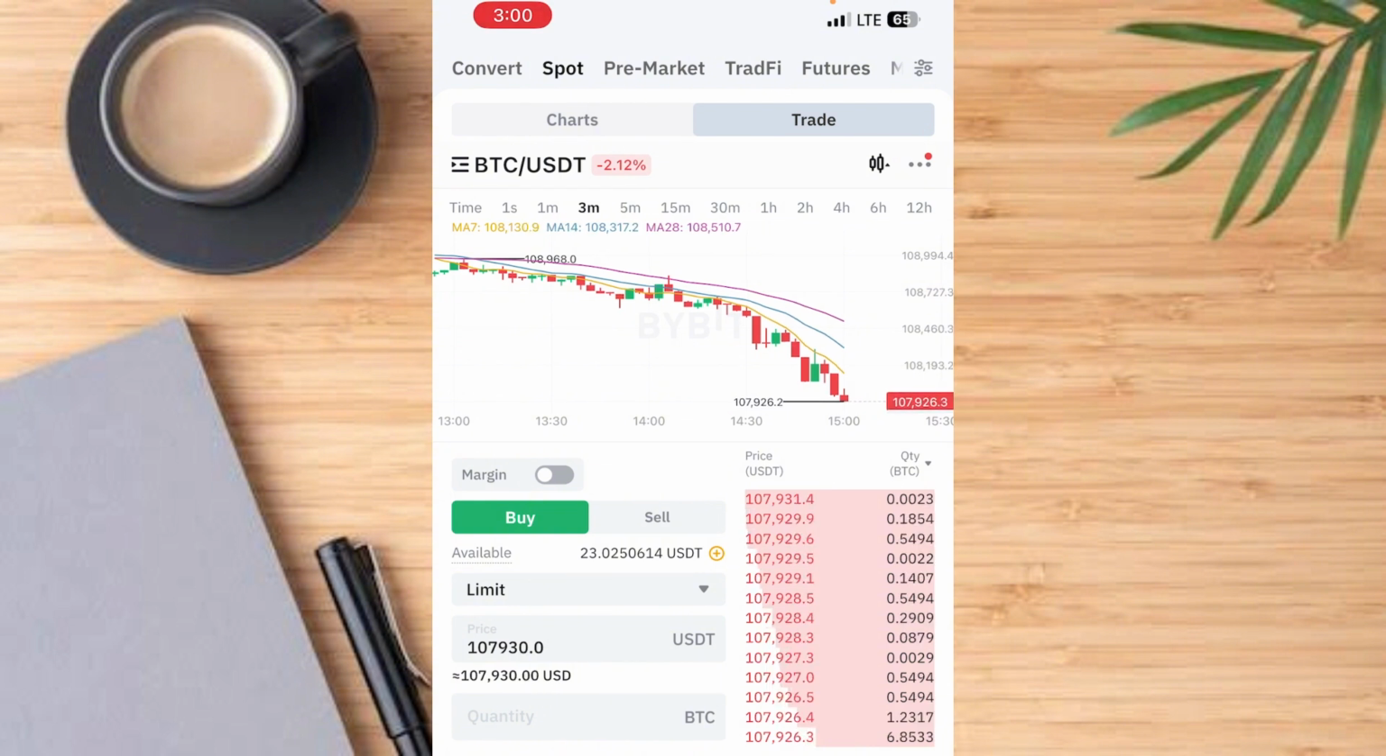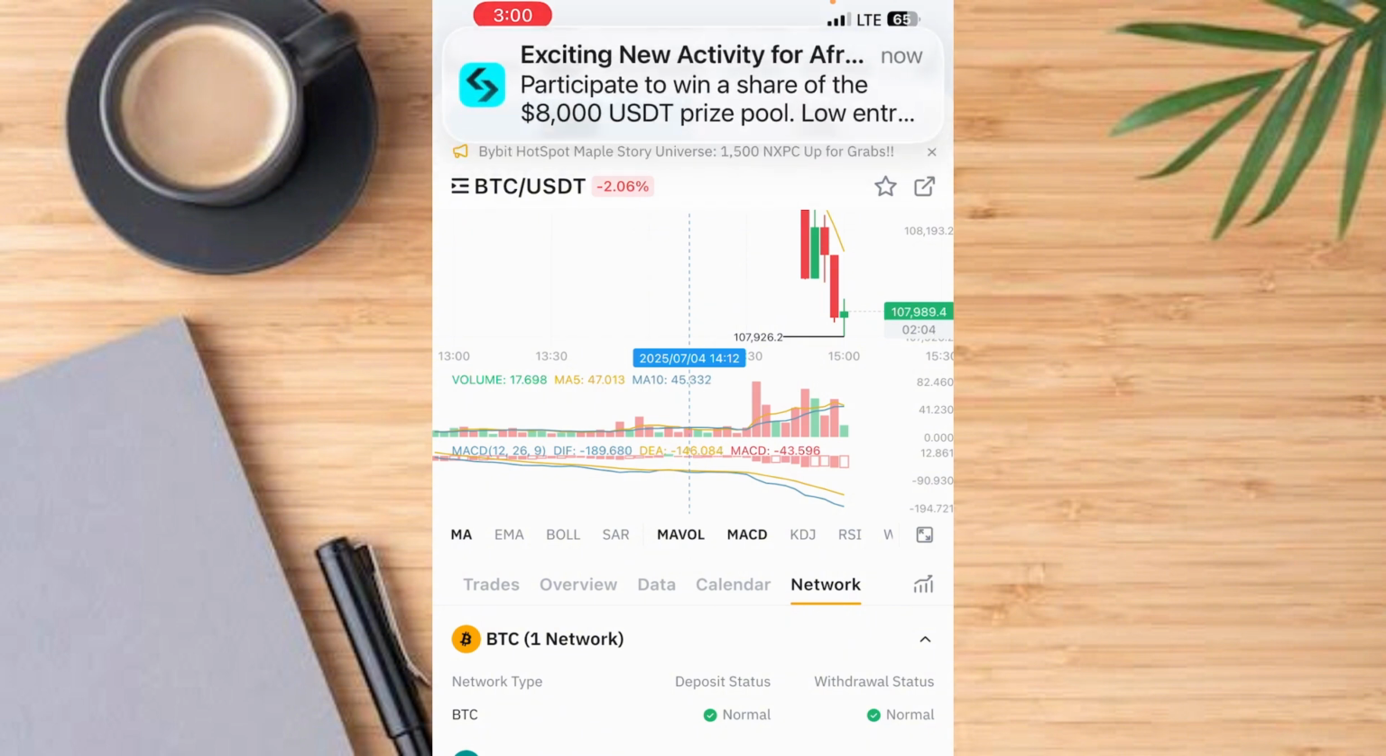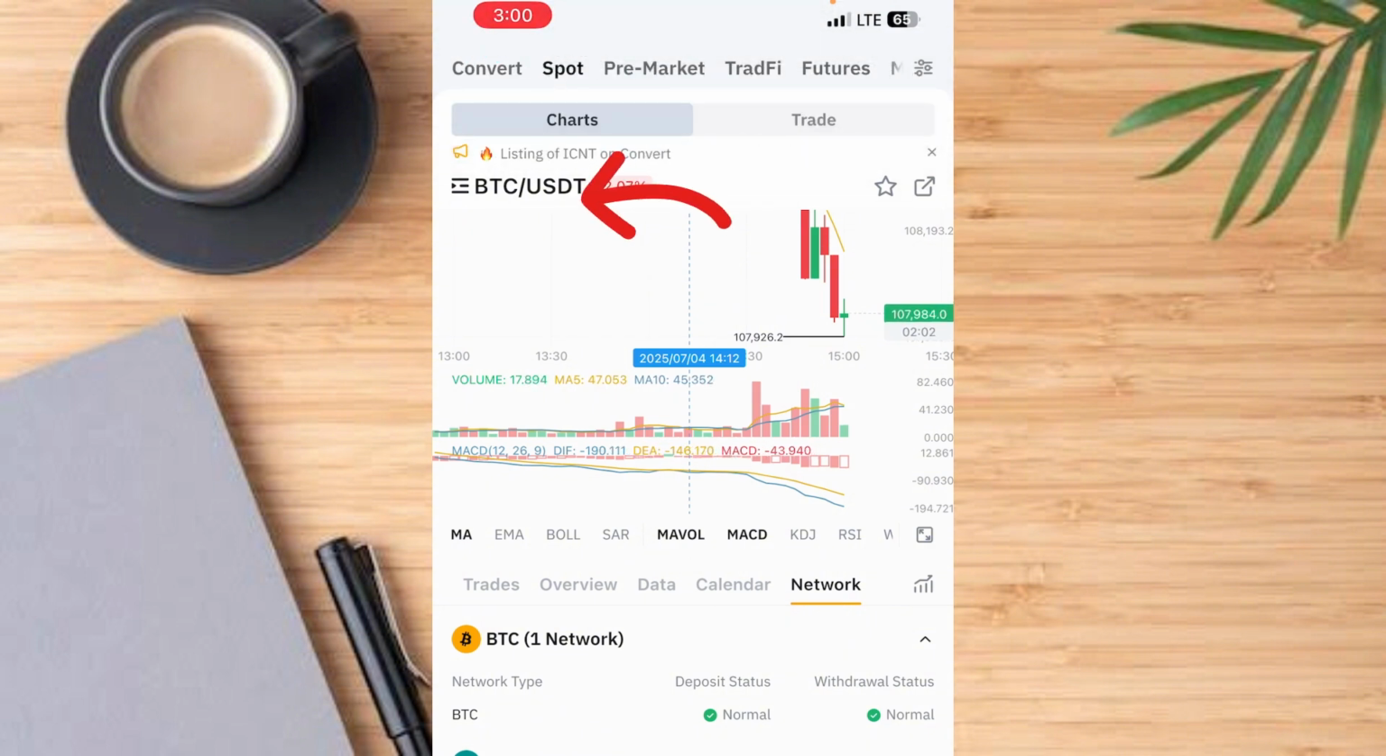let me quickly explain one or two things that you need to know about the chart button. So once you tap on the chart button, here it comes up like this. Meanwhile, before you go and trade any token, you need to identify or select the token you want to trade. So to do that, come and tap on this button where you see